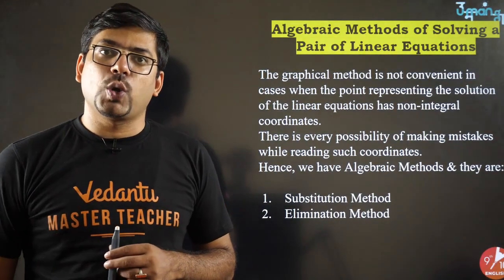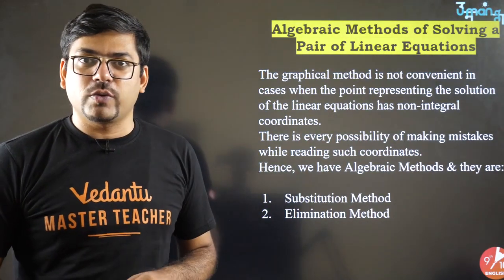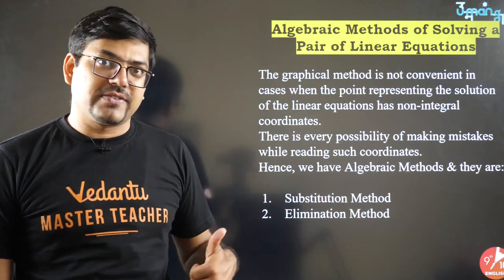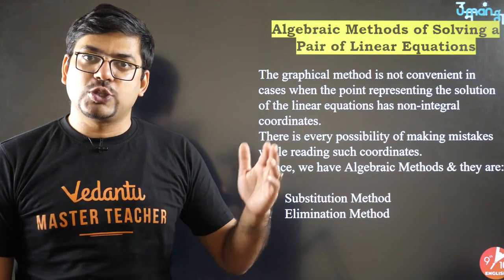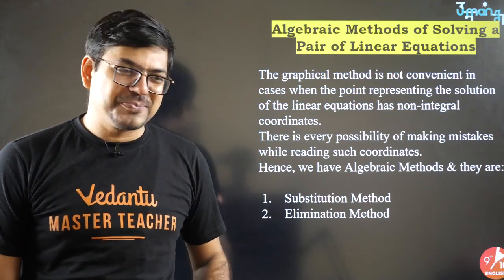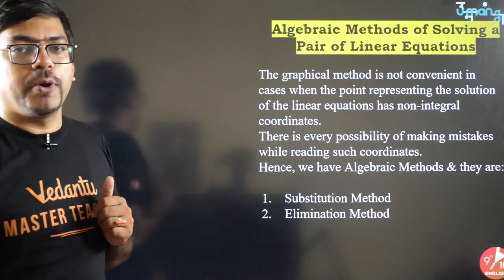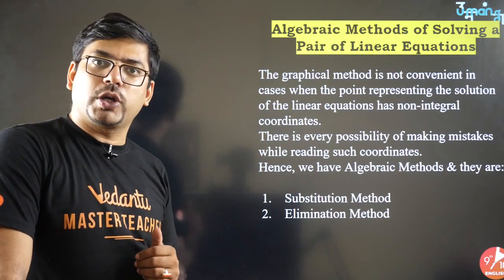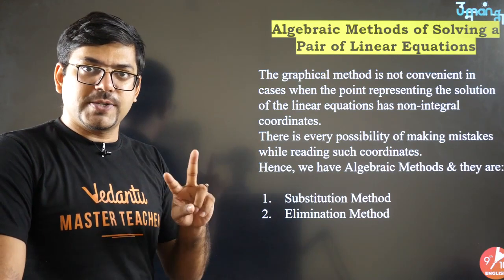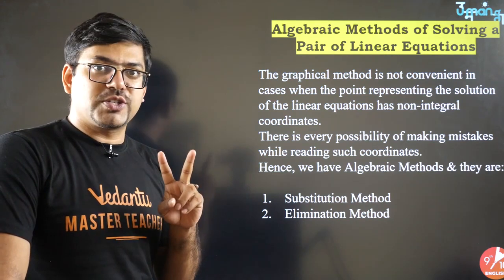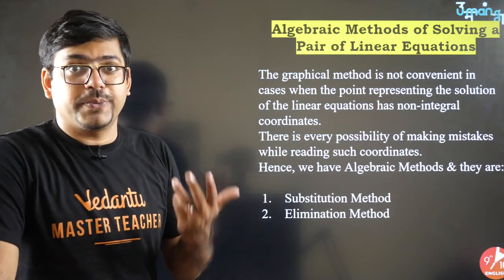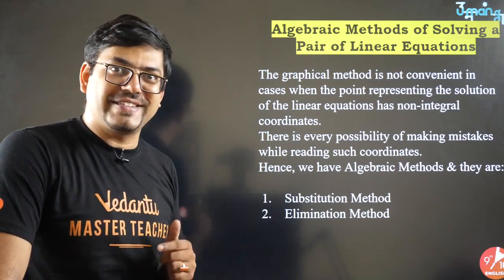I guess in the previous session we had already talked about the basic things of a pair of linear equations in two variables. That is, what is the equation, and what type of graph do we get? We get a straight line, then it intersects the x-axis where y equals 0. If you put x equals 0, that is the y-axis intersection, and so on. Now in today's session we'll be talking purely about algebra. Algebra means we will not be talking about graphs, but about how, if we have got two linear equations, a pair of linear equations in two variables, we can actually solve them to get the final answer. How can we get the solution? That will be the point of discussion in today's session.